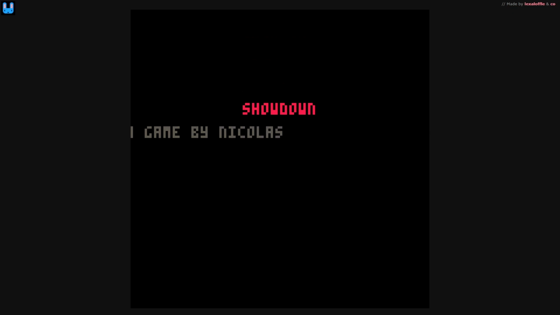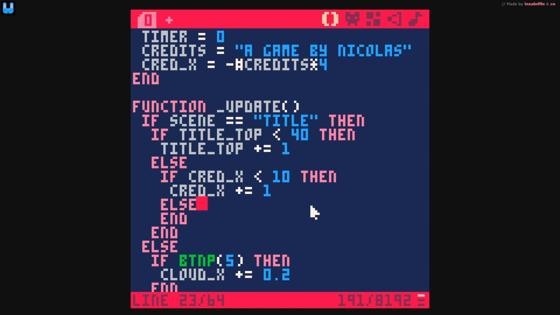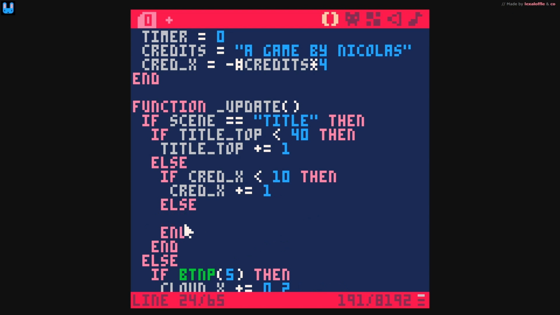All right, so you can see the credits are scrolling from the left. It doesn't look quite nice, but I guess we can change that later. So the third requirement that we had was to display some text called press X to start after the credits have finished scrolling. So once again here, we're going to have another else condition to indicate what happens when the